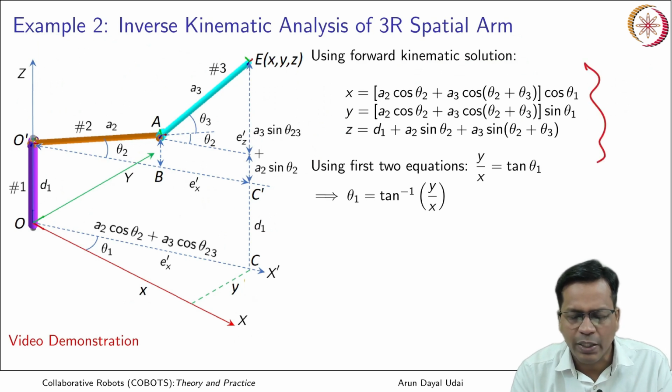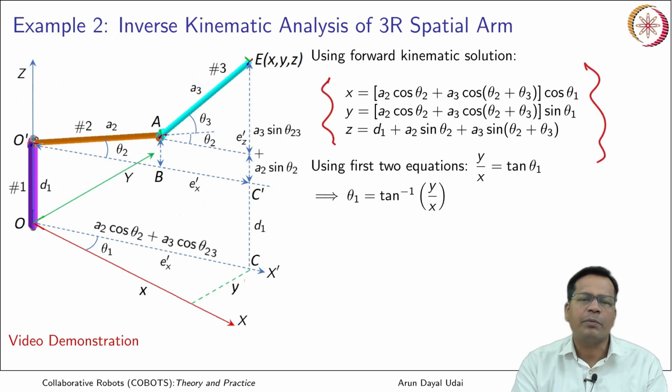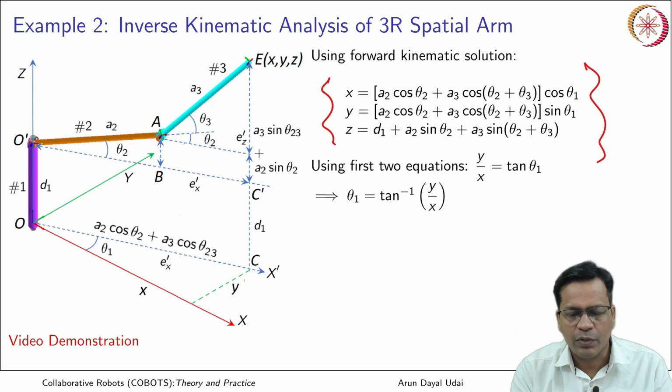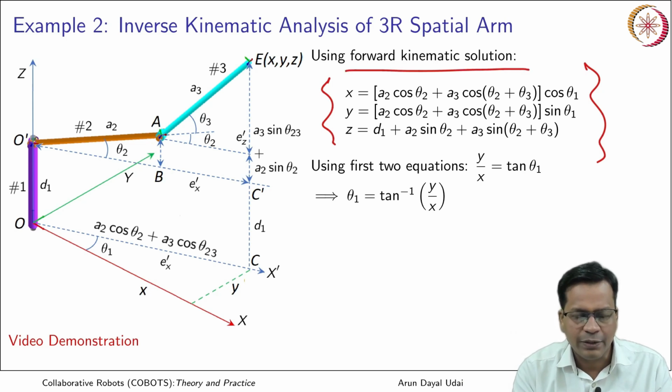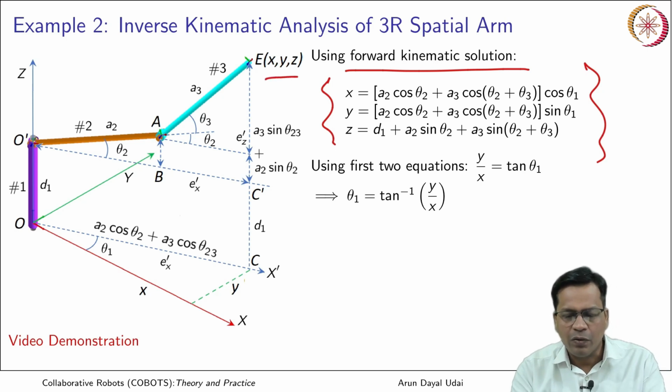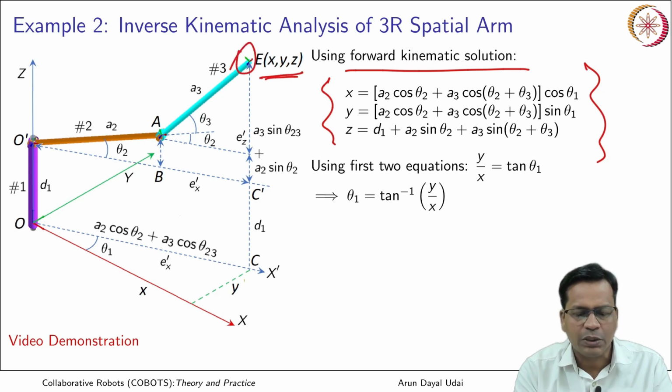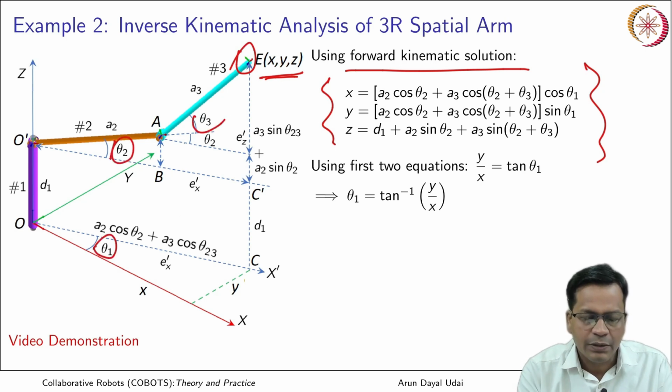So, this is how you can directly obtain through trigonometric projection, or you can directly do it using forward kinematics. So, this is how the link lengths, joint angles and the end effector positions are related. Now, what is given is x, y, z, that is the location of the end effector position. I have to find out the joint angles theta 1, theta 2 and theta 3.